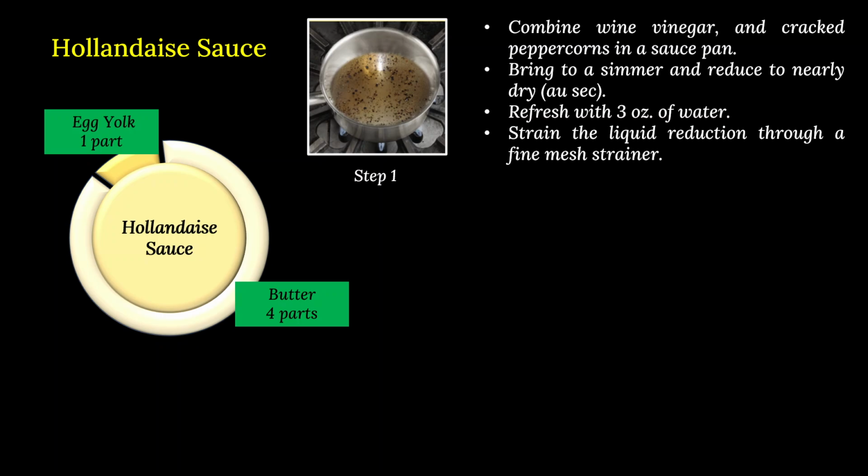So what we are doing, first in a saucepan we are taking some liquid, that is wine vinegar, putting some cracked peppercorns over there, putting it on a mild heat so that it will come to a simmering point and simmer it for some time. As a result, the liquid will get reduced, and to what extent we are going to reduce it, to a dry stage which is technically known as au sec,